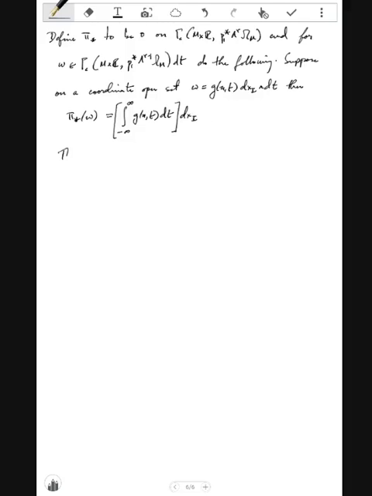So this is extended linearly on U, and exactly the way we checked